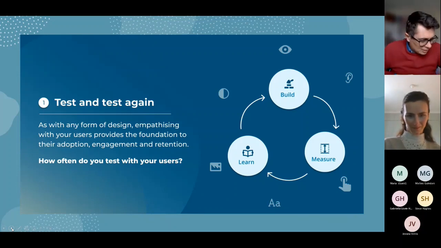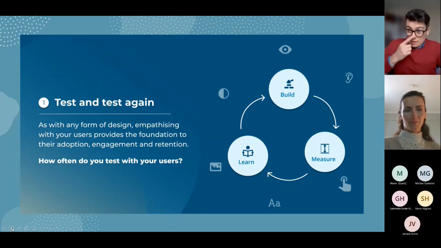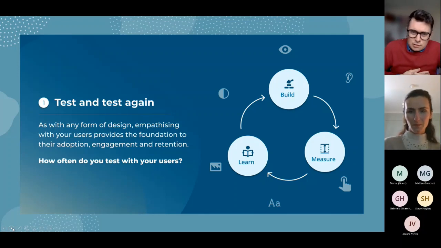Anybody in the design space won't be surprised to see how important testing is. There's this slogan of build, measure, learn. You build something, you measure its success, and then you learn from that success, and you use that feedback loop to build future iterations. But testing and testing again. It's no different here in designing accessible services and products, in that it's important to test with a variety of different users, with a variety of different requirements and technologies.